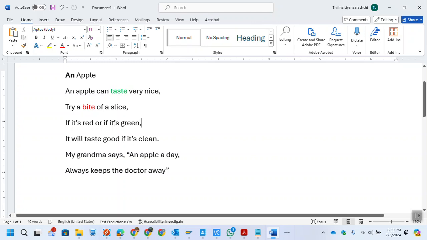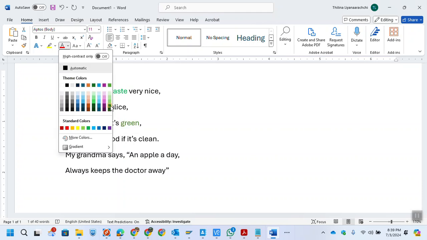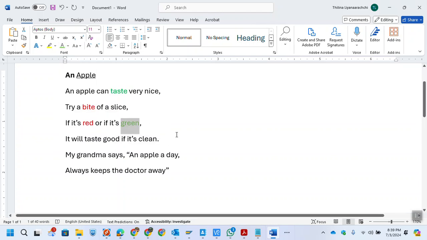Now I want to italicize. Red is already highlighted, red and green. I'm going to do it in green. Any green one you can select. I prefer this green, it's better. And I want to make this text italic, so I just select the word